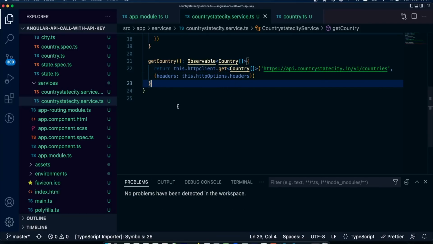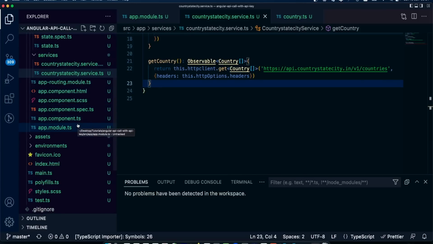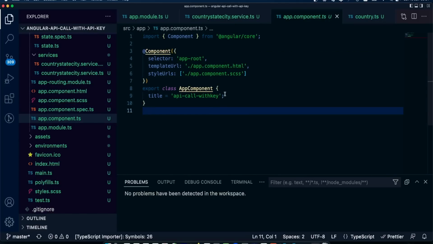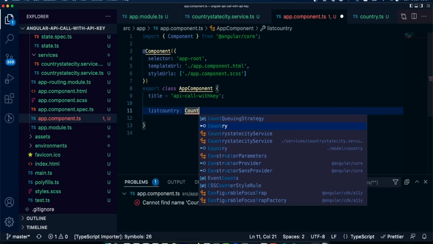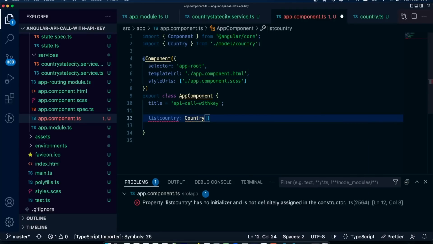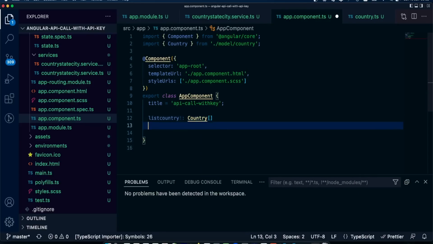So the next place we want to get to will be app component.ts, and then here in app component.ts we're going to declare some variables. One of those will be this country, and this will be country object. It's going to be an array, and then when a country is selected, we're going to pick that selection and we're going to hold it.